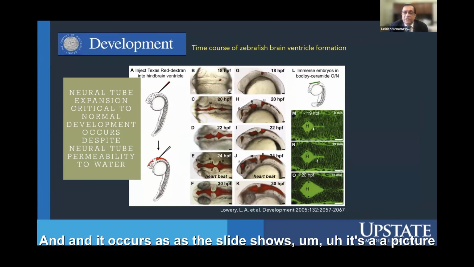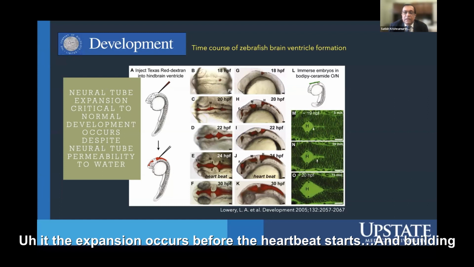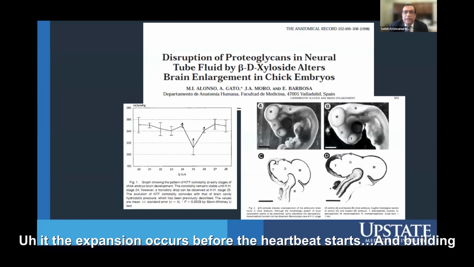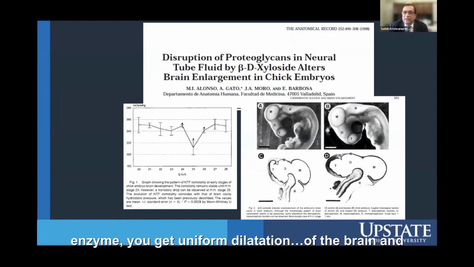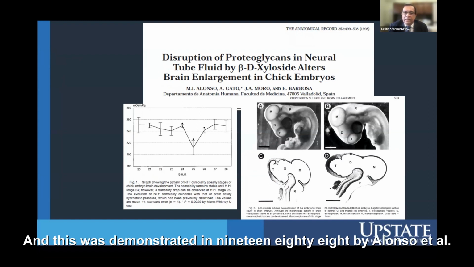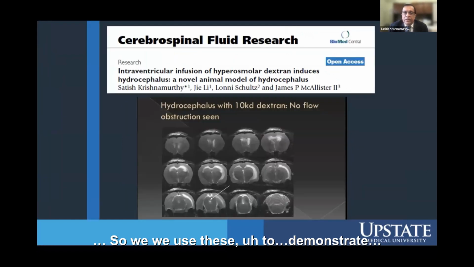And it occurs, as this slide shows, it's a picture from a paper by Lowery et al. The expansion occurs before the heartbeat starts. And building upon that, if you take the proteoglycans in the neural tube and you lyse them with an enzyme, you get uniform dilatation of the brain and the spinal cord fluid, and this results in hydrocephalus. And this was demonstrated in 1988 by Alonso et al. So we used these